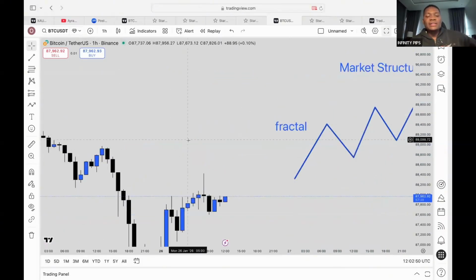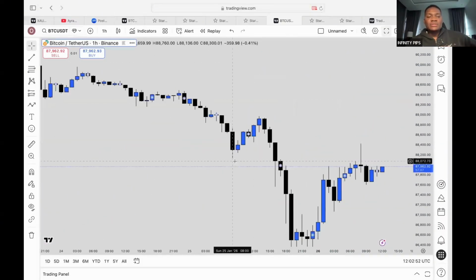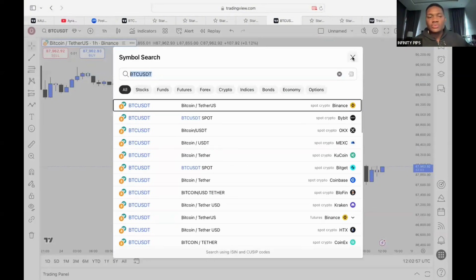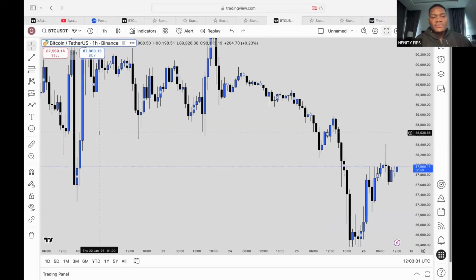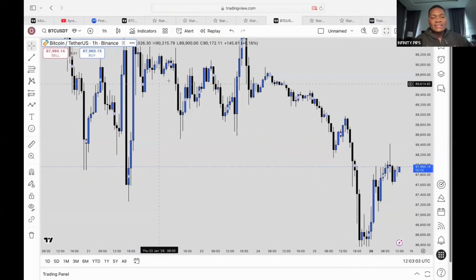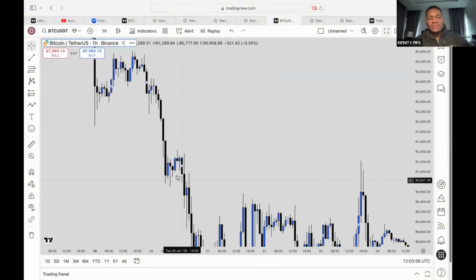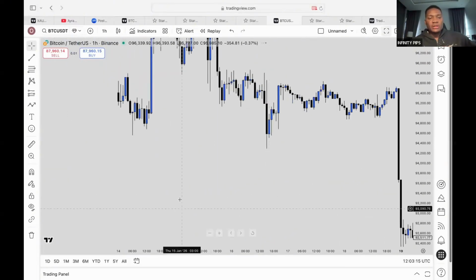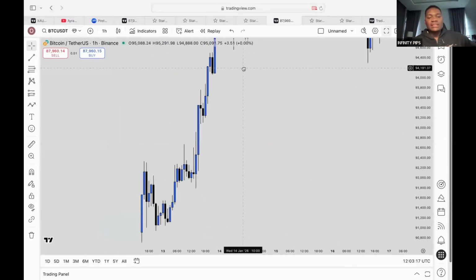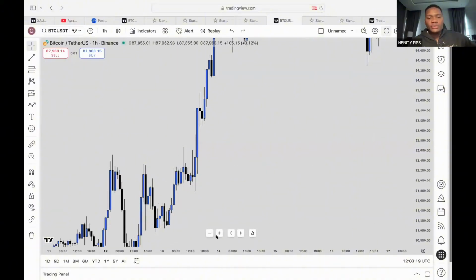If you look at here, let's take this for example. You will see that this is a downtrend. Can you see this is a downtrend? Let me look for a proper uptrend and a downtrend. Okay, good. You can see that this is an uptrend. But you will notice here that the market did not even move the way